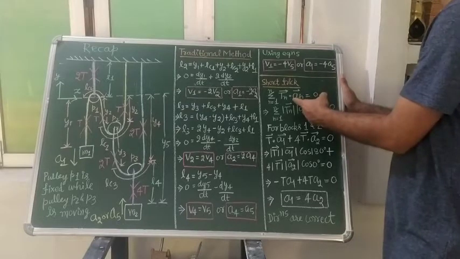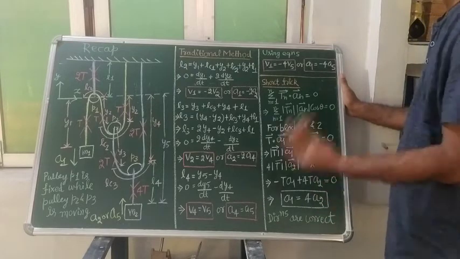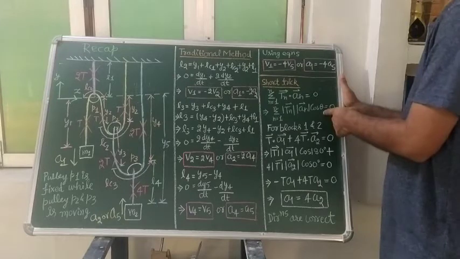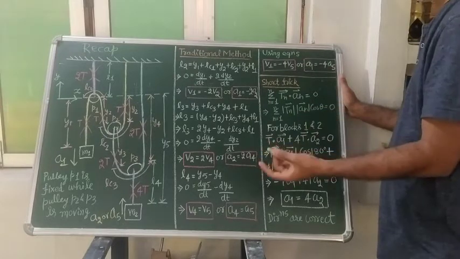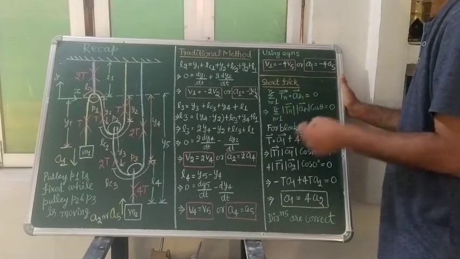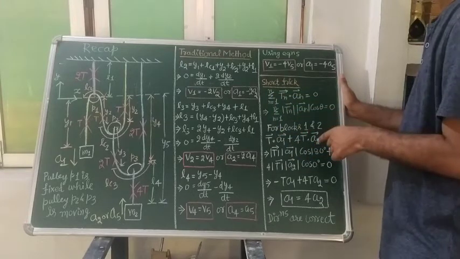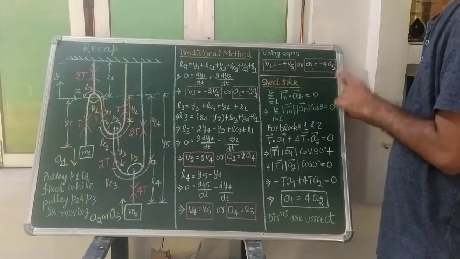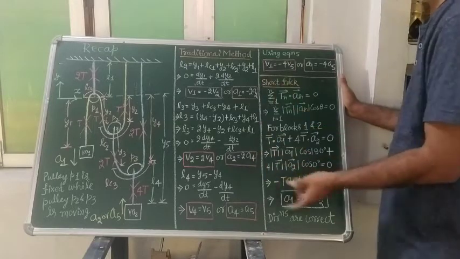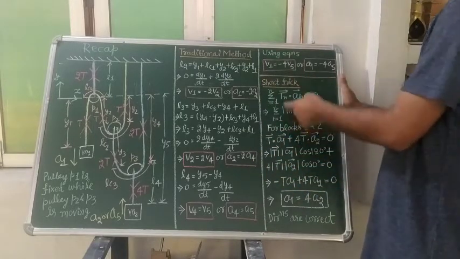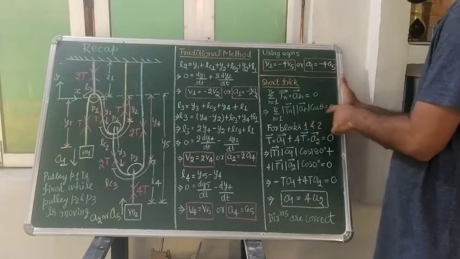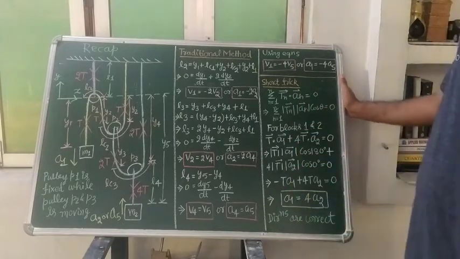Okay, it is the dot product, students. In the Atwood machine, I talked about the cross product. There, sin theta will come in place of this cos theta. So whatever will be that vector A cross vector B, that will give us the magnitude of vector A multiplied by the magnitude of vector B times sin theta, and that is the cross product. And the dot product will tell us the magnitude of the first vector multiplied by the magnitude of the second vector times cos theta.